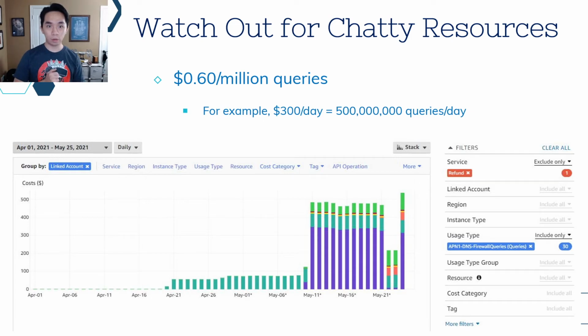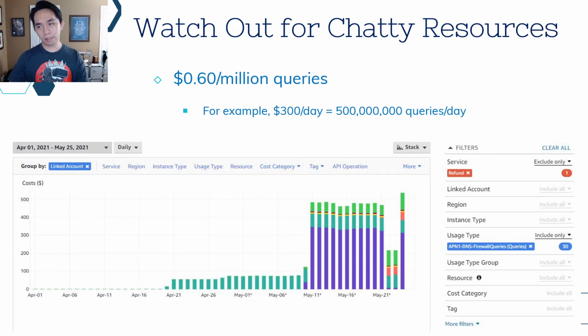Okay. So what I want to say is that when you deploy DNS firewall, you might want to monitor the cost, just in case you have some ridiculously chatty resource within your AWS account, right? So here we have more than 7 days of ridiculous costs.